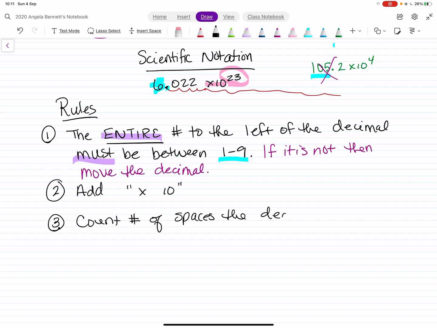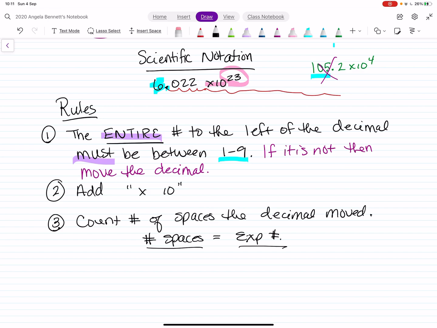the decimal moved. This number of spaces will equal your exponent number. So if you have to move it 2 times, then your exponent is 2. If you had to move it 3 times, then your exponent would be 3. So however many times you need to move, however many spaces you need to move the decimal,